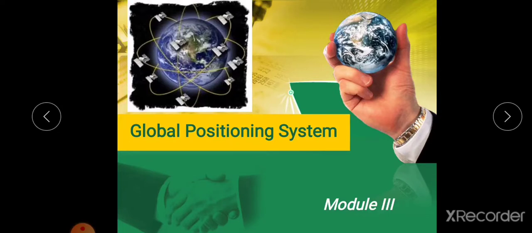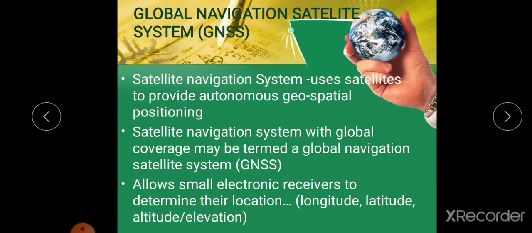That is, the GPS device, whether it is a mobile phone or any other device, can be operated at that point, and we can find the latitude and longitude of that object. So in this module we will study how we are finding out the location characteristics of these points, what is the principle behind this GPS technology, and what are the different components of GPS technology. So first one, the global navigation satellite system, that is GNSS.